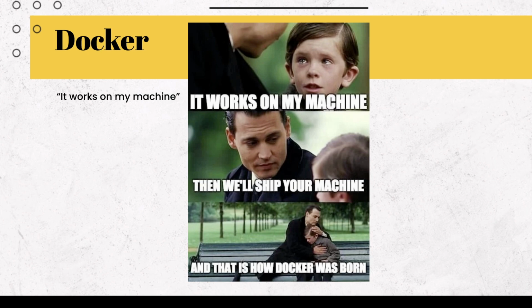If you have been in the software development industry for a while, you have probably heard that sentence, or even said that at some point. It used to be very common for the development environment to be different from the production one. The OS could be different, some package versions could not be the same, and so on. And with Docker, we can have exactly the same environment as the production one. So with the same operating system, the same version of packages, and so on, we can reproduce exactly the same behavior in both environments. And nowadays, it is very common for Docker itself to be used in production environments, especially